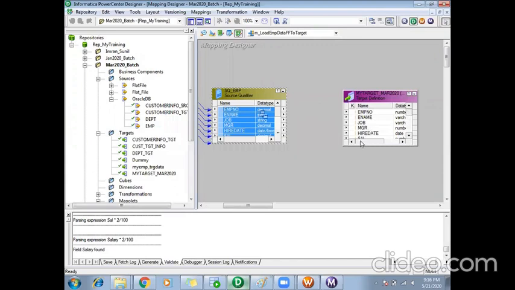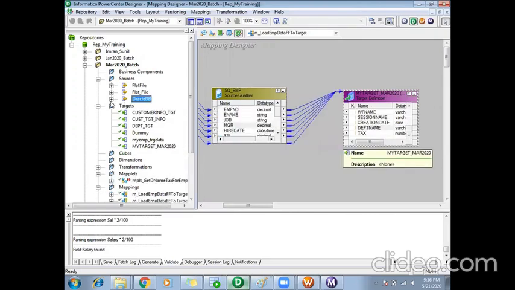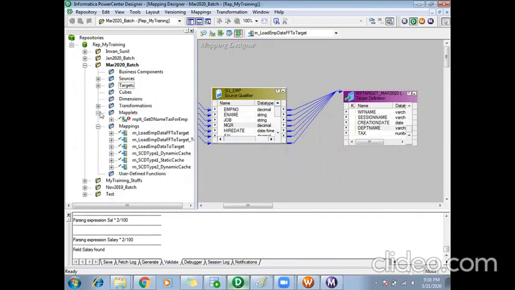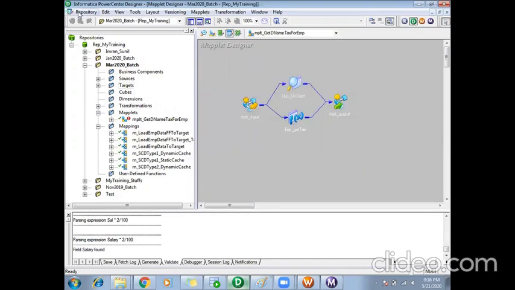The source is the EMP table, the employee table, and my target is target EMP, right? So I will load everything from my source to my target. What about department and tax? I know I have calculated these in my mapplet, so I won't recreate that logic again here, but I'll just use that mapplet.